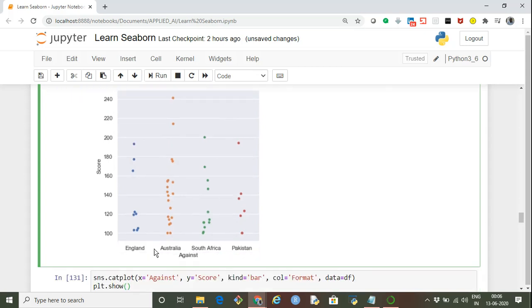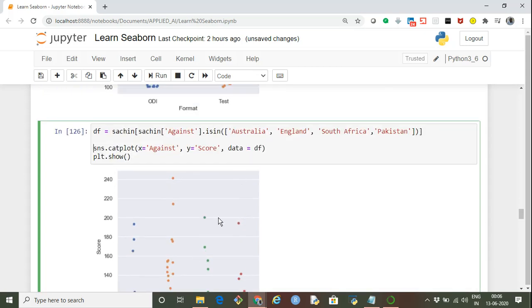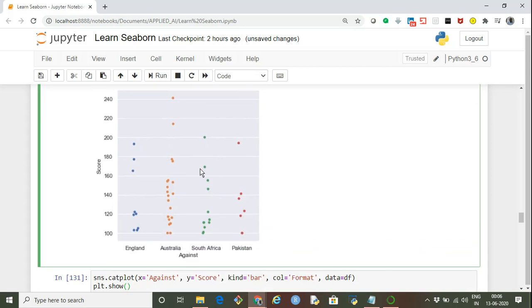So against different countries, since I'm selecting 5 countries here only in a smaller data frame DF, it will display the country name and the number of century plus scores he made against those countries. So if you see against Australia, he was absolutely stunning, and his score clearly suggests that. So equally he was good against England and South Africa and Pakistan. So if you see all these countries which had great bowling lineup, he was very good against all of these countries and very consistent too.